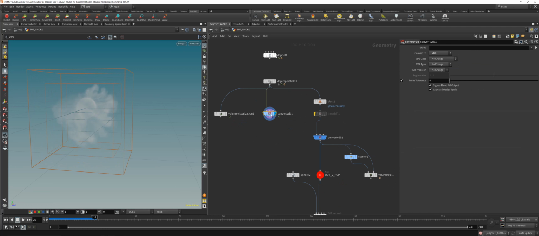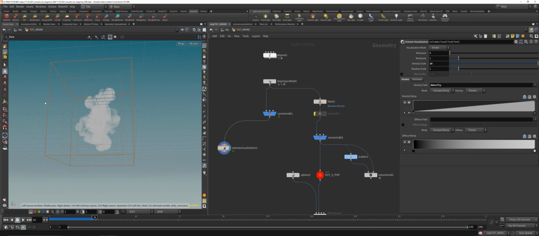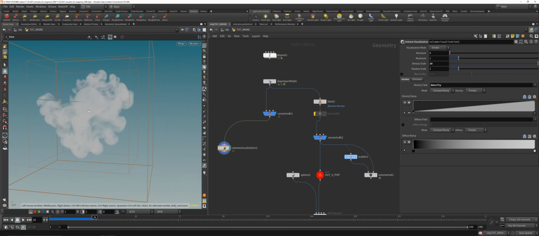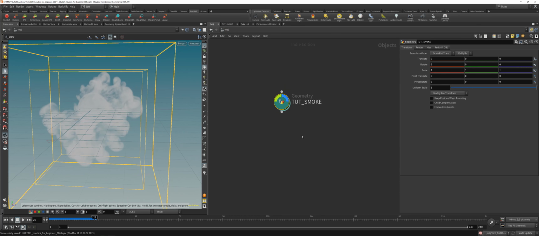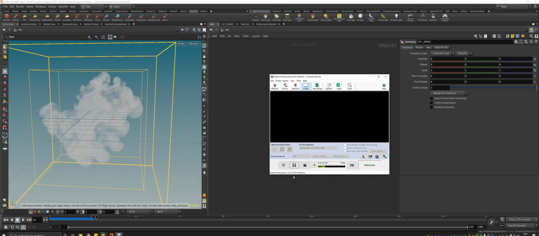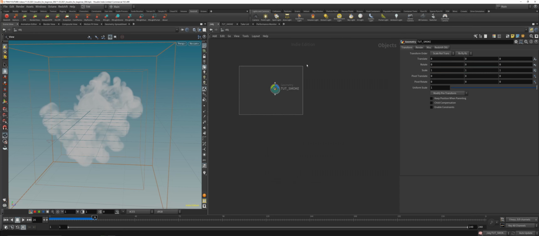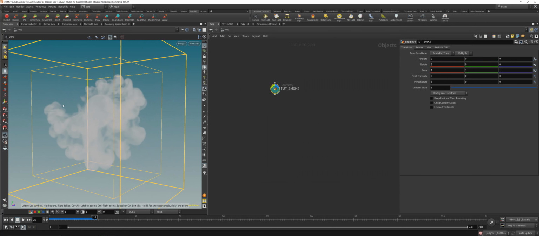And convert it to a VDB. I think that looks pretty alright for the smoke simulation. So we've got here our smoke currently,